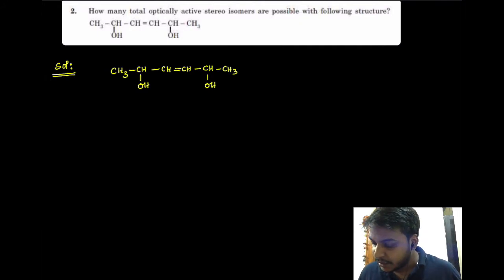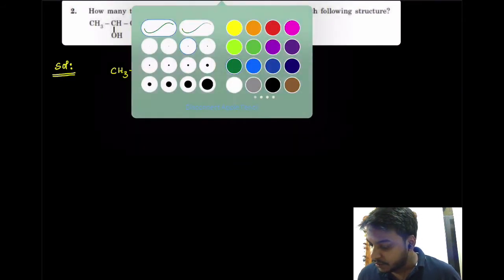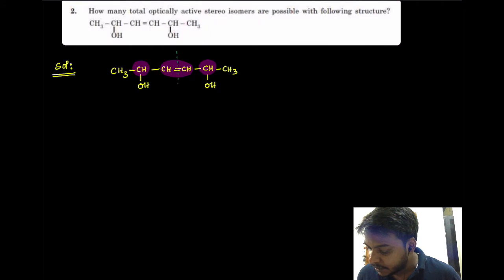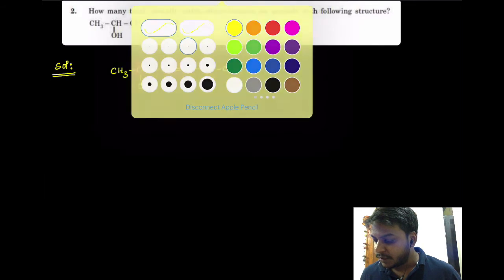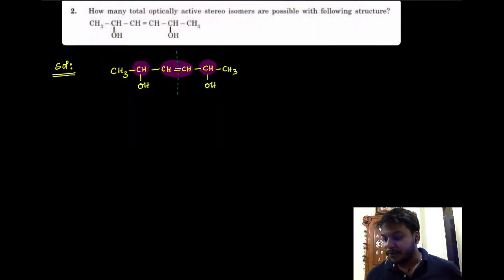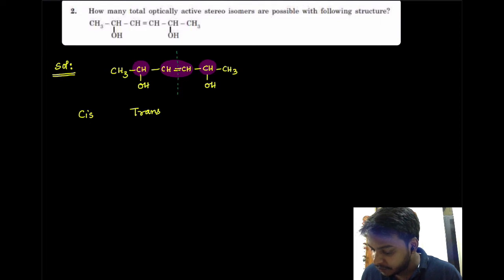Now in this you can see this carbon is a chiral center, this carbon is a chiral center, and that is a stereo center. Along with that, this is also a stereo center. So there are 3 stereo centers in this case, but we can also see there is a symmetry here, because of which we might get some of the same type of molecules, which we need to avoid. One thing is for sure: there is one double bond, so I can have both cis and trans forms.